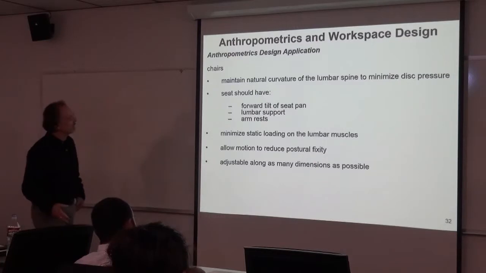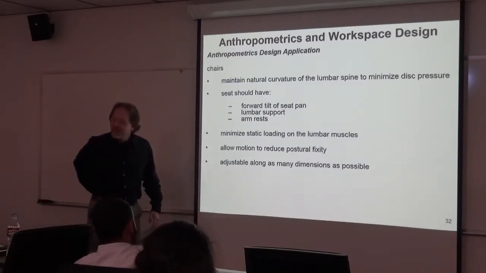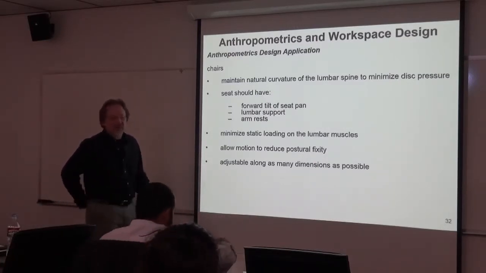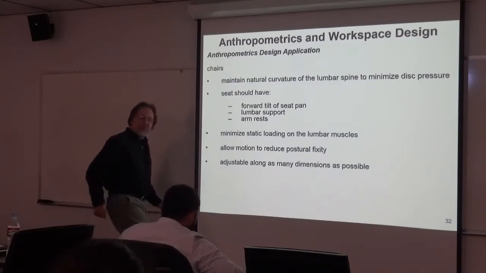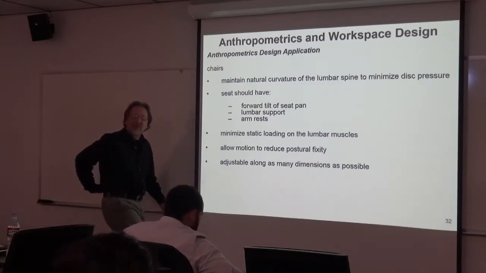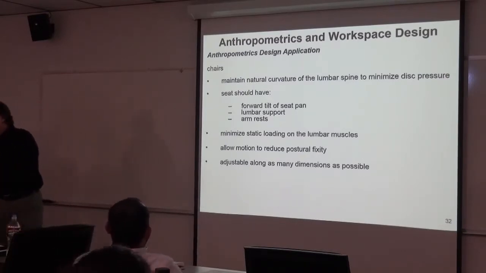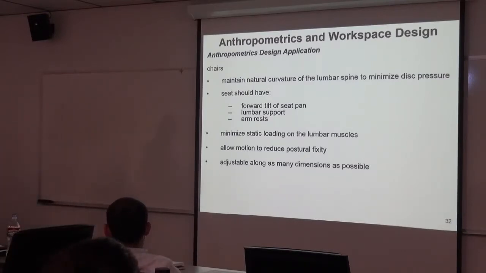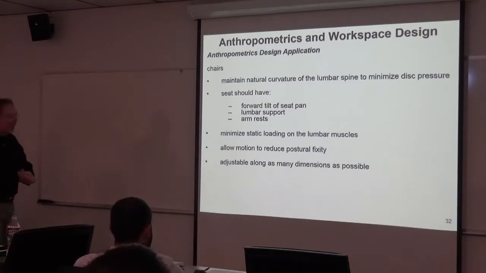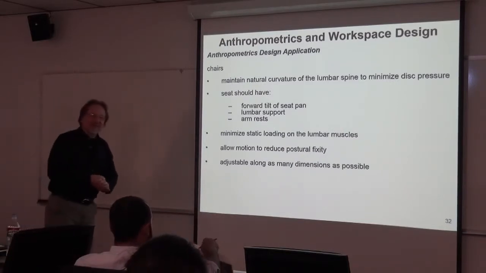Forward tilting seat pan, lumbar support, because you've got to support the natural curvature, especially if you're in this neutral posture. You still have a natural curvature in your lower back, so you have to have lumbar support. And armrests. And interestingly enough, and I'll talk about this in a bit, whenever most chair companies,